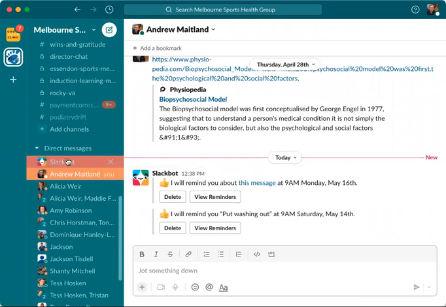So similar, you'll see a pop-up that will occur in the Slack bot. The pop-up will say, put washing out, and it'll go off at 9 a.m. on Saturday. So a simple way that you can jot something in, it might be do letters or contact a particular patient. You can just pop that in there. Really useful way just to use Slack as your reminding system, your communication tool.